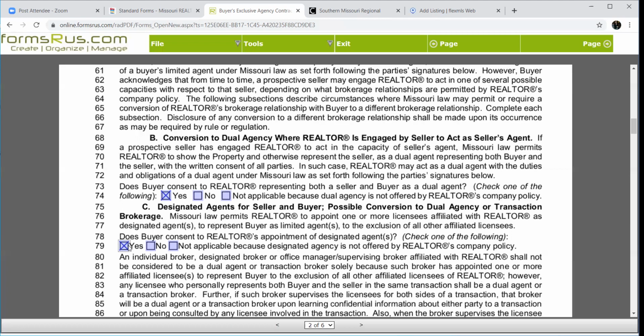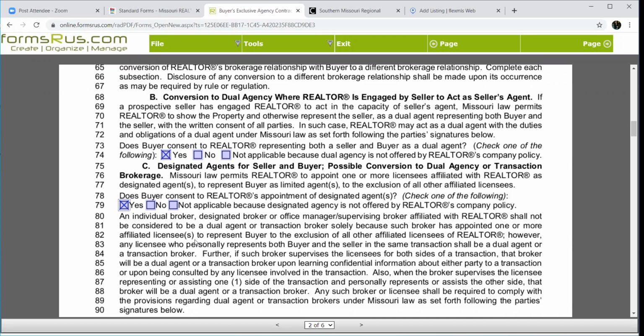As I explain this to my buyers and my sellers, I am not a dual agent until I am one. I am working solely for you until such time that a perfect listing comes across that's going to meet your needs. Then I go through the example of, just pretend there's a giant wall between the buyer and you. I cannot transfer information through that wall unless you give me permission to do so. So I would like to have the opportunity to be a dual agent if and when that time arises. I'm going to get yes checked on both of these because I am a designated agent as well, and it even says here that you are not one until you are one.